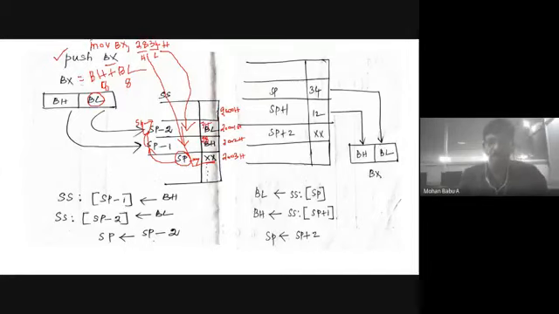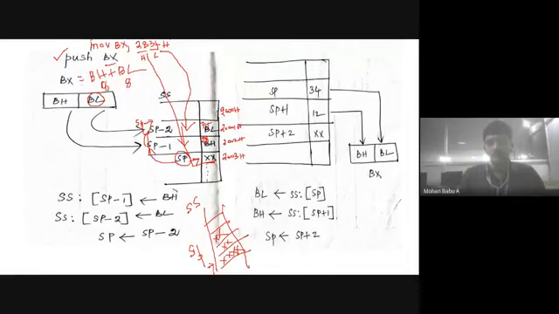I will explain now. This one is the stack segment. The stack pointer can point to any address location in the stack segment. It may be a bottom address, it may be a top address. Any offset address in the stack segment. If the stack pointer points to this location, it may contain some value initially. So if you store some data into the stack, it will be filled here. Data will be stored on top of the stack one by one.